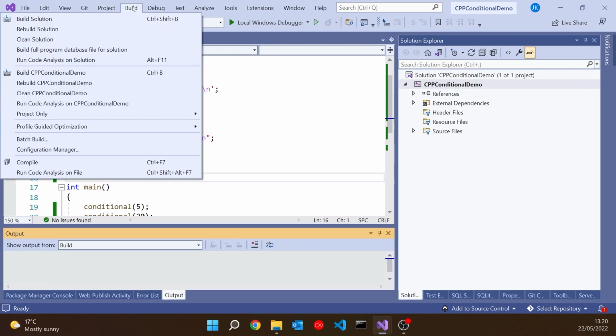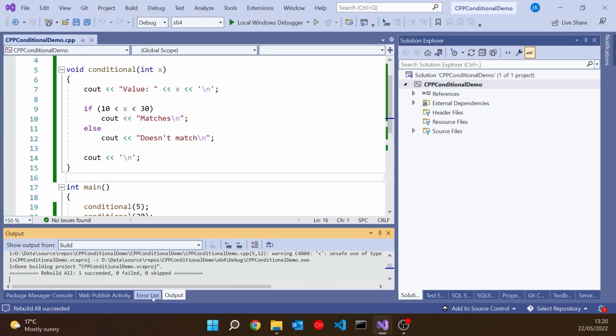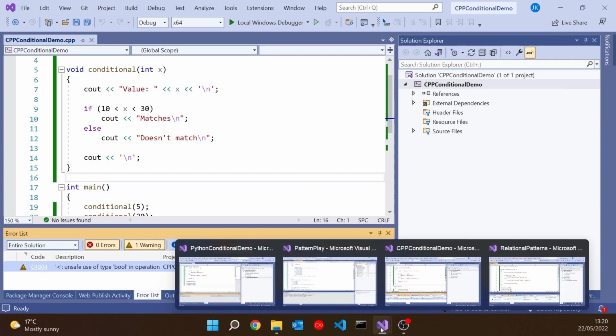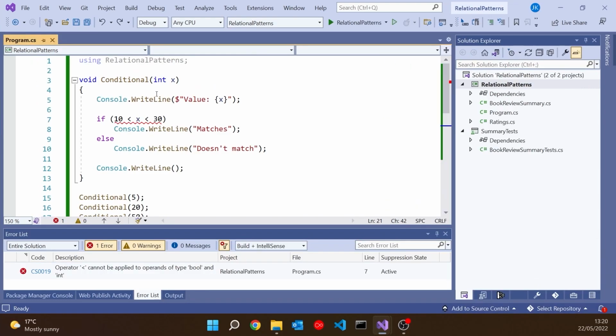If we just do a complete rebuild and look at the error list, we'll actually see that it's giving us a warning about that, saying that it's doing this conversion of bool to int. But it's only a warning, not something you'd necessarily notice. But in C#, thankfully, it's definitely an error, and this is one of many, many improvements that were made when C# was written to address issues that were there in C++.